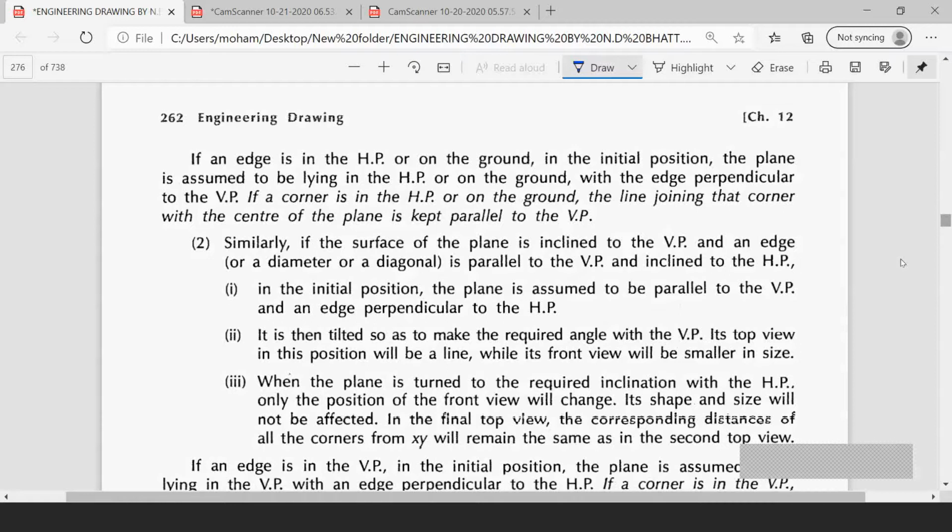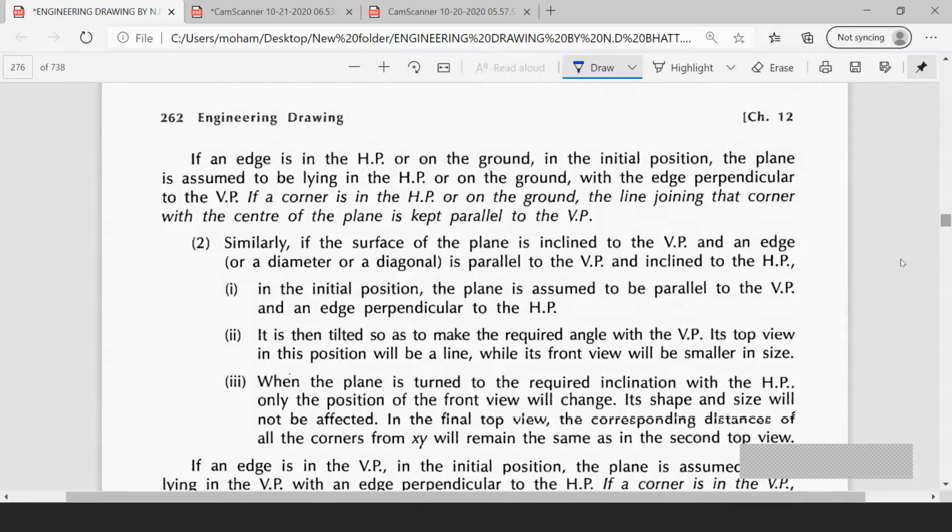Always you have to draw. The first inclination will always be the surface inclination. The next inclination will be either a side or a diagonal. If it is a diagonal, you have two diagonals for the square. Now first is the surface inclination. First it is like this. I am saying that it is 30 degrees inclined to HP. I am making it 30 degrees inclined, and I am saying that the diagonal AC is inclined at 45 degrees to VP. Now it is 45 degrees inclined to VP. Understand?